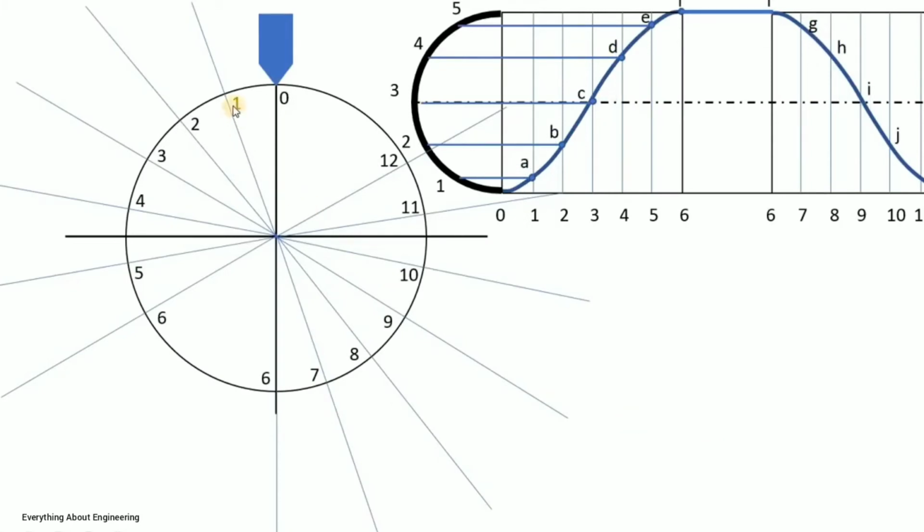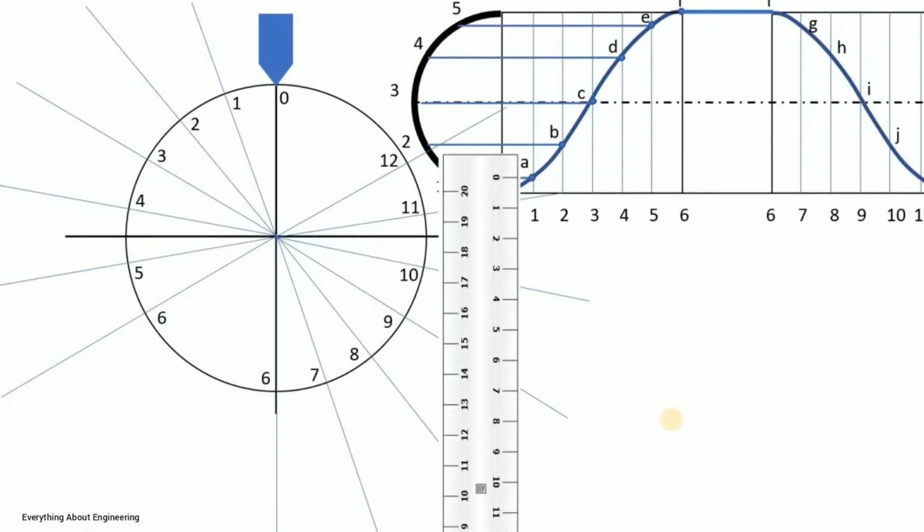This 0 to 6 are the parts for our outstroke. Then 6 to 12 are the return stroke parts. So this is theta O, then the dwell, and then there is a return stroke. We will transfer the 1A distance over here on this line 1, the 2B distance to line 2 over here, then from 3 to C will be on this particular line, and so on.